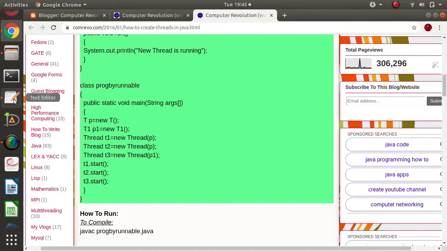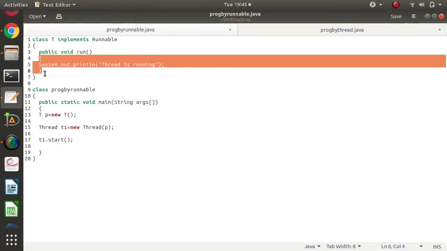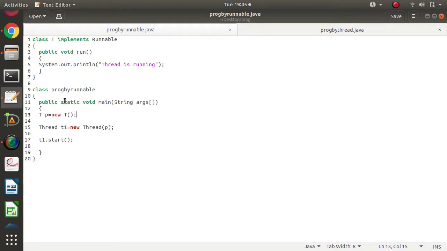It is better if you see through programs. So look at this. Here we are creating one thread. This is the class T where we are implementing a runnable interface. Runnable interface provides one method run, and there we have written some statements. Now to create thread, we are creating object of this class T. Then we are creating object of thread class T1, and there we are passing this p as a parameter. And then we are calling start method. Start method is given by thread class.